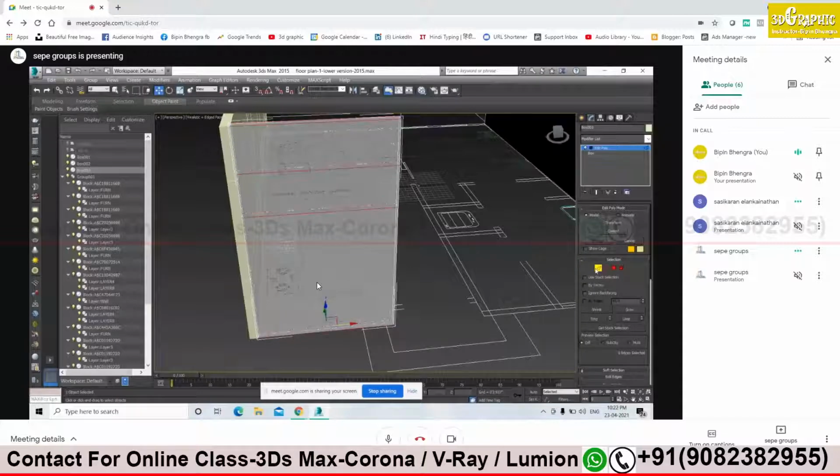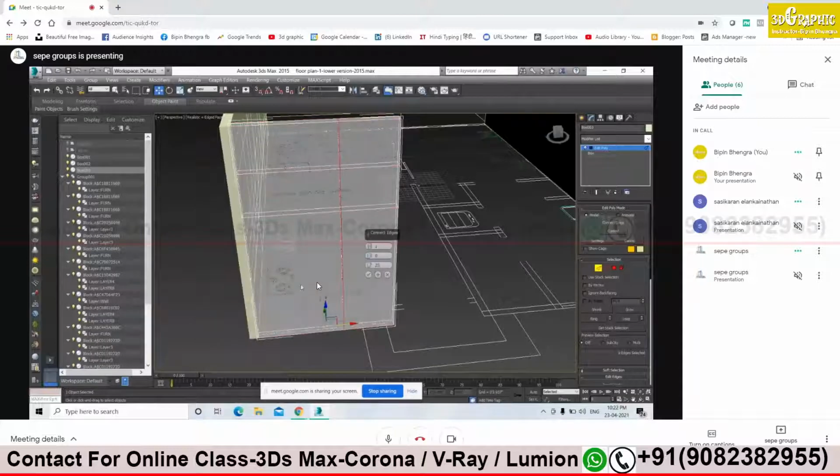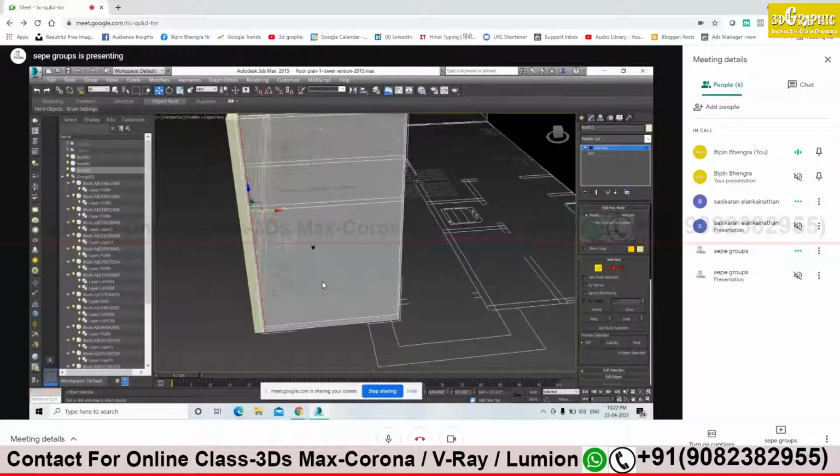No, that is okay. Right click and connect edge. Yeah, connect. Give a little bit of gap, not that much. Okay, sir. Yes, that's enough. Wait, what I'm trying to say, don't try to create end to end. There should be a little gap from the edge, no? Always try, there should be a little gap from the edge. Whenever you try to create any gap or any kind of hole in the wall, try to give a little gap.